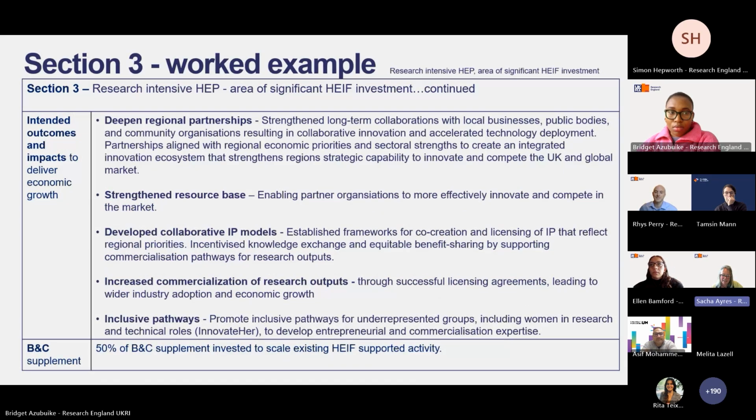Next, intended data. Just to be clear, we're not intending to collect this data in the annual monitoring statements. That's HEIF's sector data collection. What we're interested in is an understanding of what indicators you plan to use to monitor your own progress. So just refer back to Bridget's point earlier, where she talked about the excellent report from UCI about the pathway to economic growth. So it's really accessible. I'd really encourage you to engage with that, because I think it'll be particularly helpful for this area of the accountability statement,